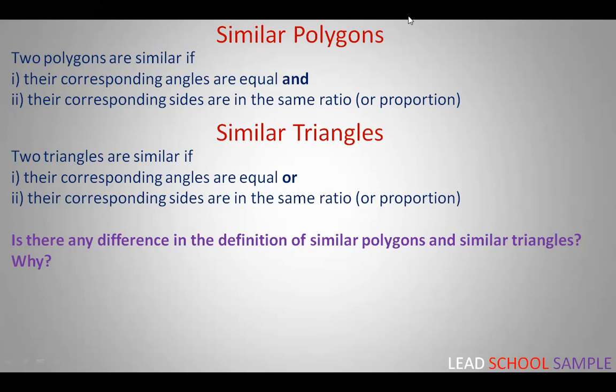So why? Because we have already seen in the previous slide that one condition is not sufficient for polygons to be similar. Okay, but triangles are a special type of polygon in which one condition of similar triangles is enough for them to be similar. In similar triangles, these similarity criteria can be